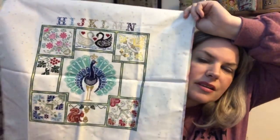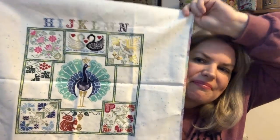And the last one I've got to show you is a real blast from the past. It's kept in this big project bag, which I've had folded, hence why it's a bit... Now this is the first Fox and Rabbit stitch along that I did, and this is the Peacock Garden, and this is where I am, and I'm so torn with this one. When I get it out I think, oh yeah, I do quite like it, but then there's something about it